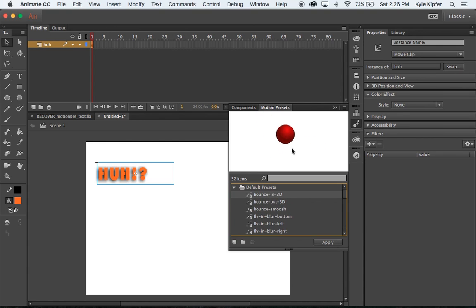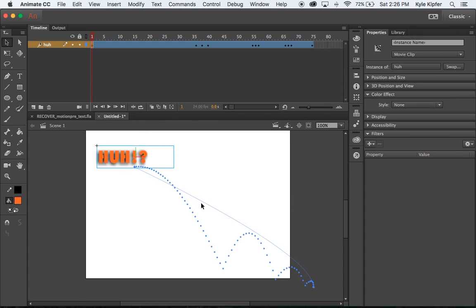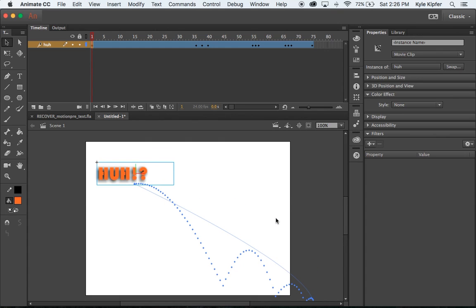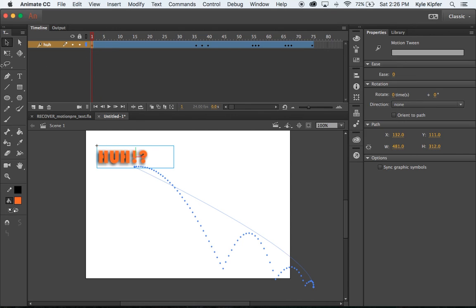So imagine that your graphic, whatever you have selected, is going to be in the place of this red bouncing ball, doing basically what it's doing. So I'm going to choose this bounce in 3D, so this is kind of like getting closer to us as it bounces, and apply that. All right, now what we're going to notice is that where it finishes is off our stage a little bit. So in order to change that positioning,